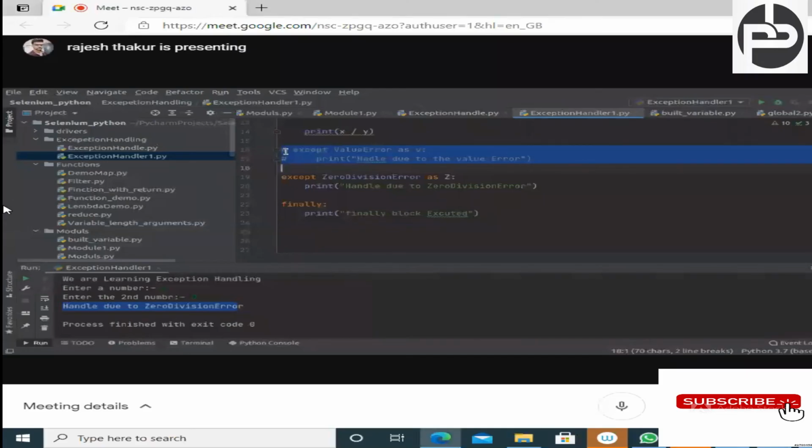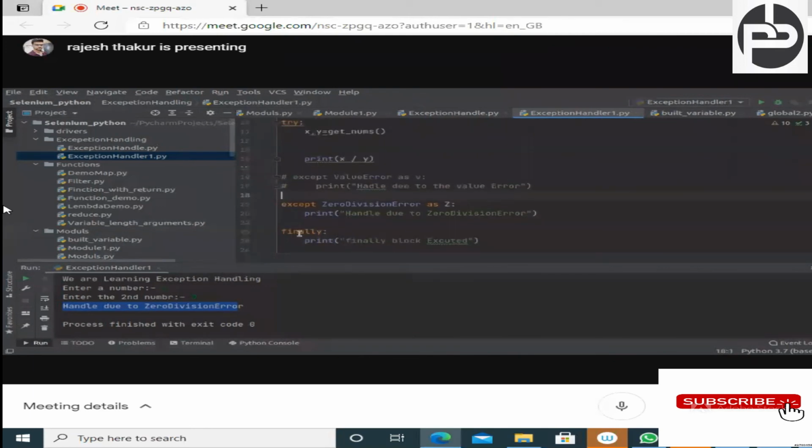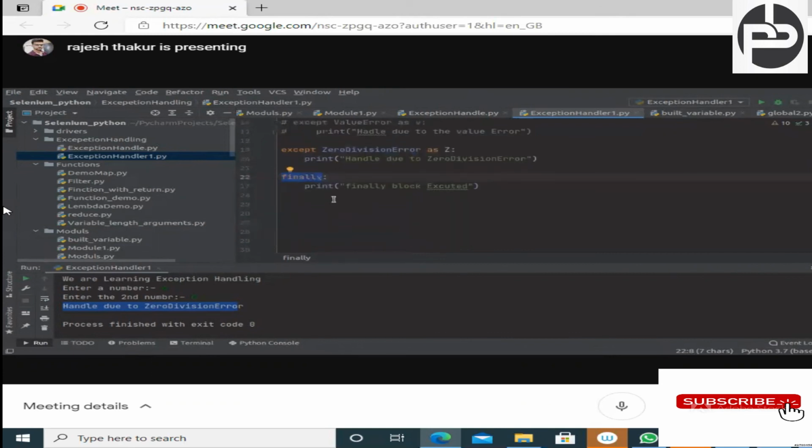Okay. Cool. Just try to understand. I have commented this line. And if the value error comes, then this block cannot handle it. But if your remaining code is very crucial, then use the finally block. I told you, if any error comes, then the remaining code will not execute. And if you are not handling that error, just try to understand. I'm not going to discuss finally right now. I'll comment this line, and first understand the problem.